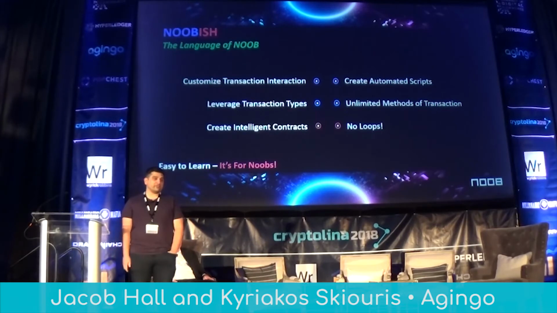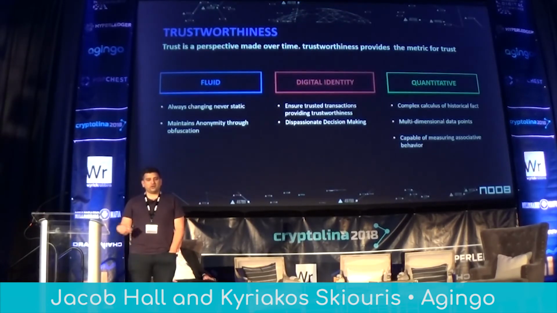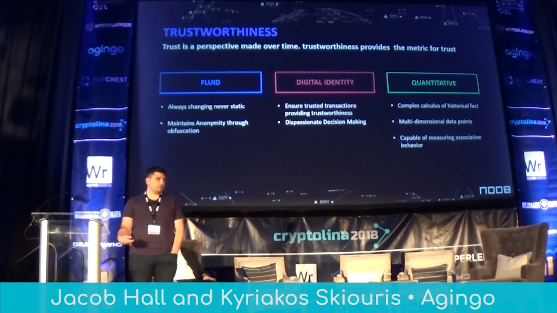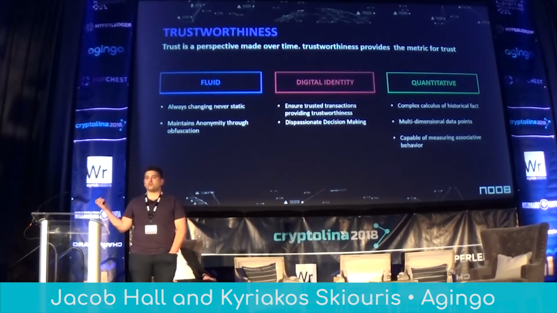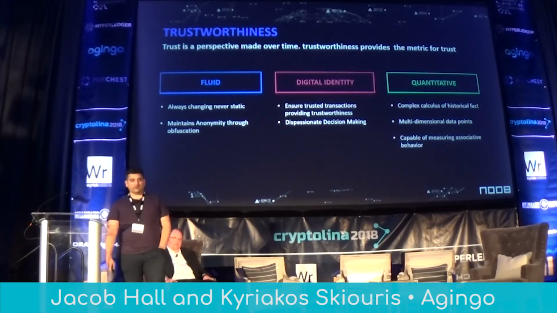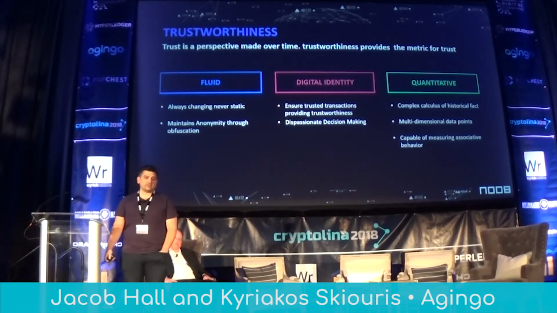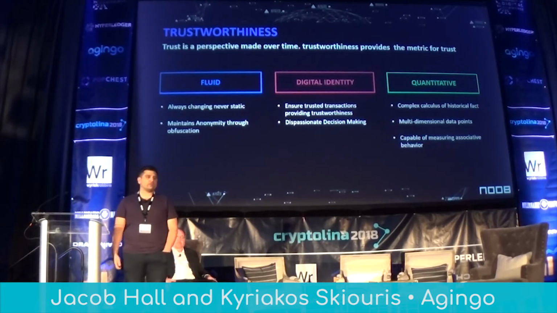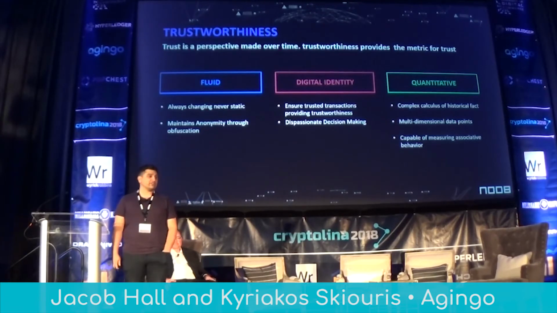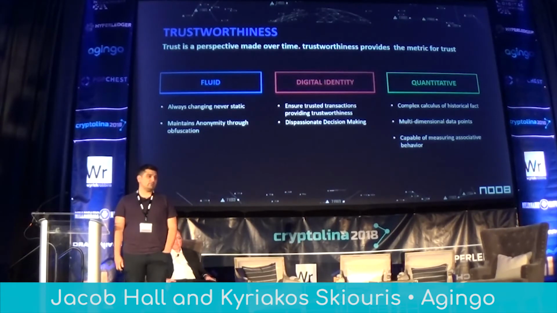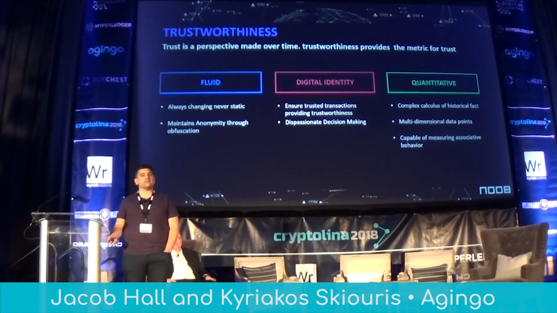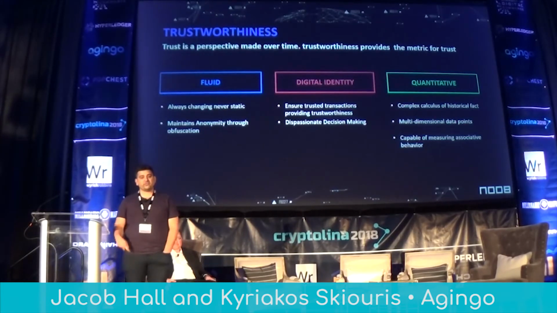You get to leverage the 3 transaction types that are native to the platform, and you're able to create intelligent smart contracts while not having any loops. Trustworthiness is fluid. The way that we score the metric, this isn't like the Chinese protocol where everybody's got their own score and we want to try to throw people into jail, looking for bad people or anything. This is your personal score. The best analogy would be you're actually in control of your own credit score. And it's quantitative, like I said. It has to do with the transaction types and then associated functions.